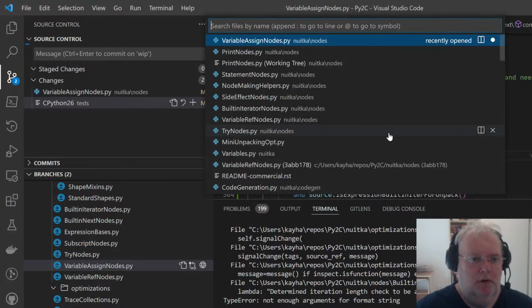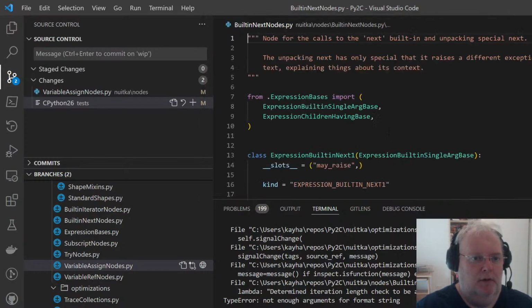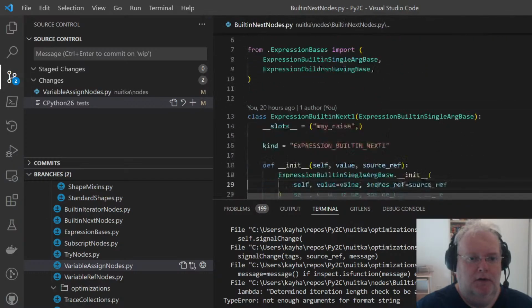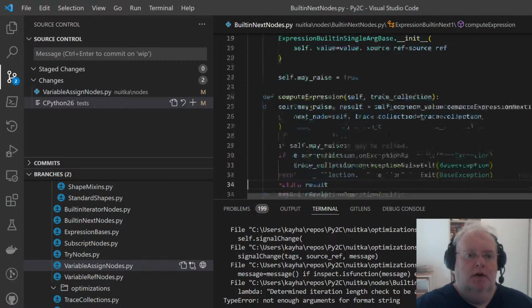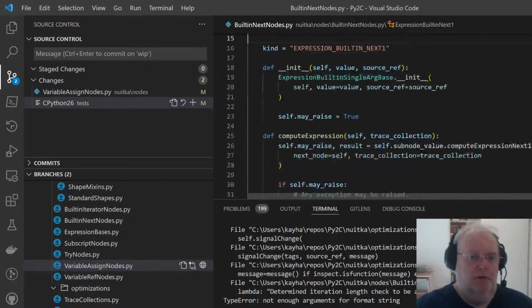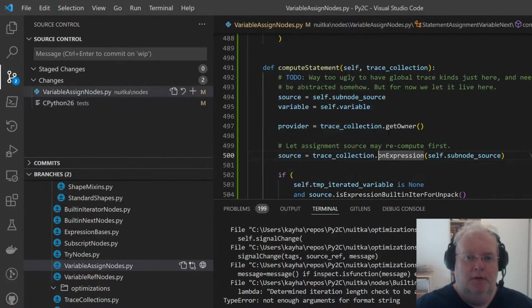So maybe in a different way, built in next nodes. So the next one asks its value for the next. And the variable reference, yeah, it's a next of a variable.